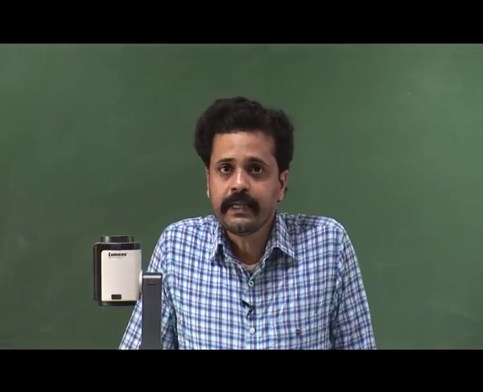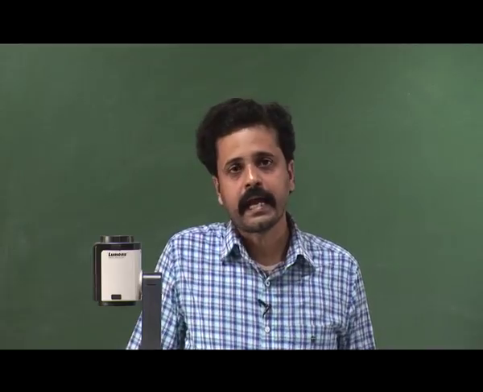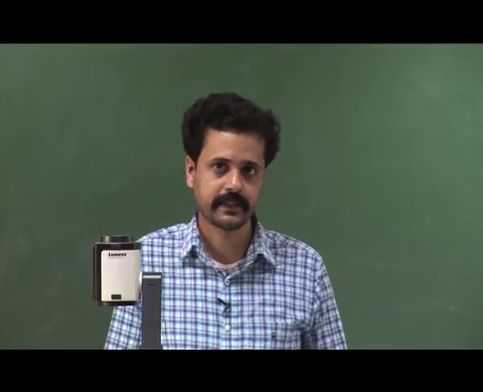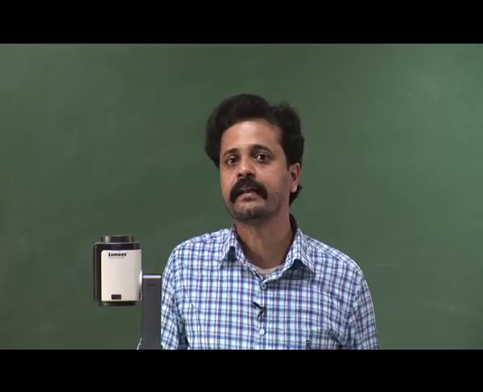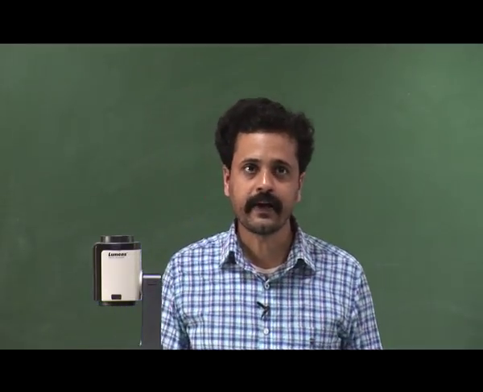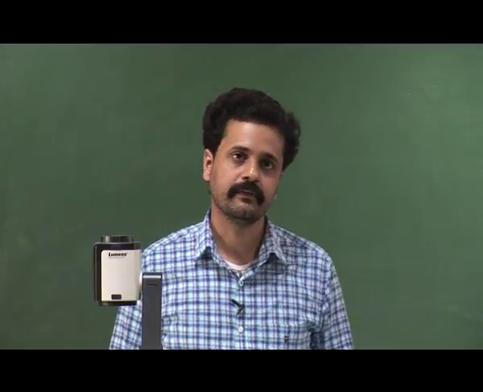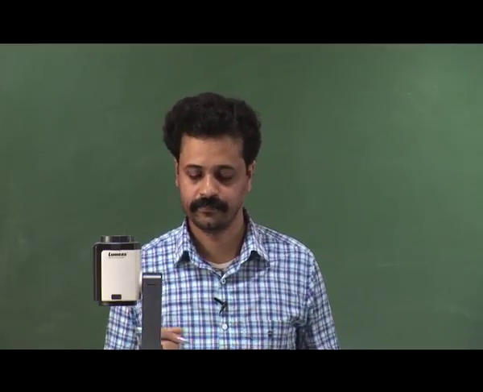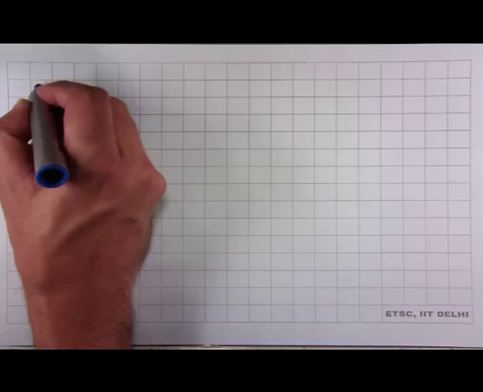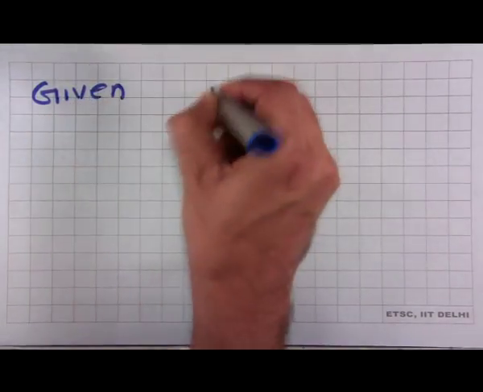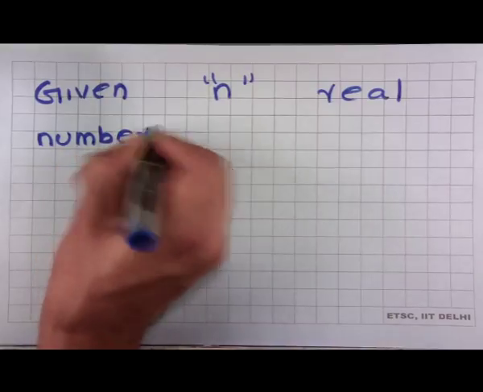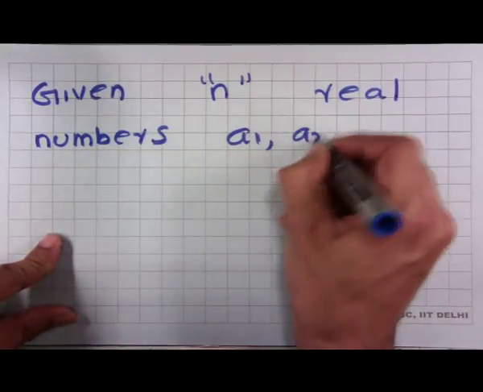Next, let me make a remark. Arithmetic mean and geometric mean we have defined for two positive real numbers. We can generalize this and define arithmetic mean and geometric mean for a finite number of real numbers. To be precise, given n real numbers, a1, a2, etc. an,